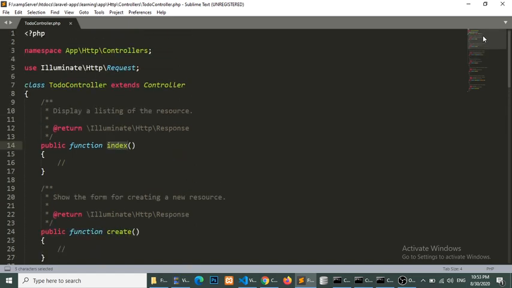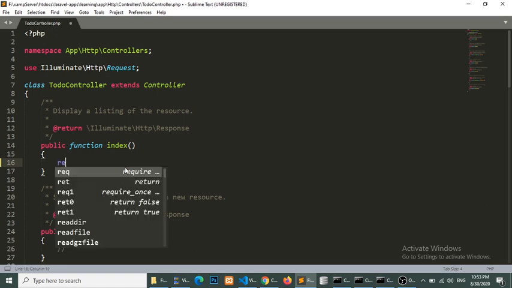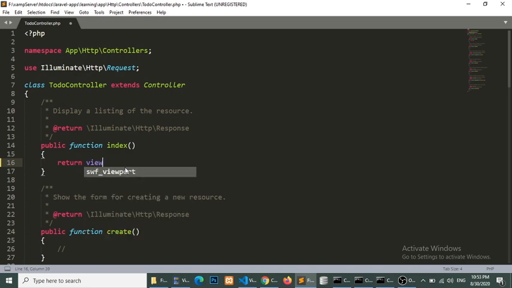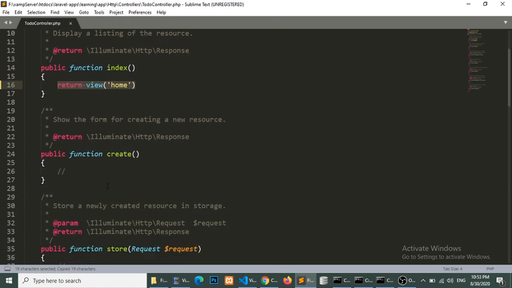So now we will use this method to load the templates. So return view. In this view we will load home template. So home, and in the create we will load our add template,